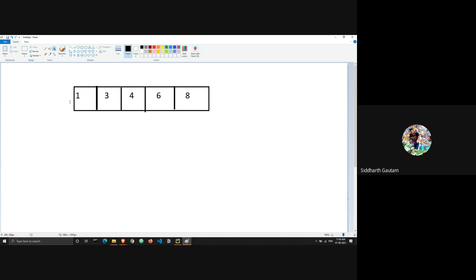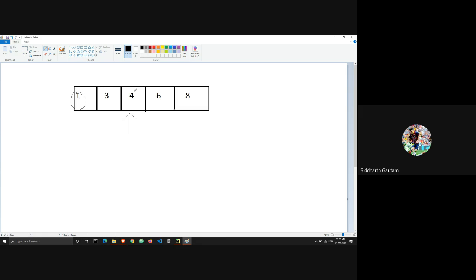So the length of the list is 5, right? There are 5 elements, so the length is 5. And what is 5 divided by 2? It is 2.5. But we are doing integer division, which means it will get rounded down to 2. And which element is at position 2? This one, right? At index 2, I have my number 4. Okay, and I'm looking for my number 1.